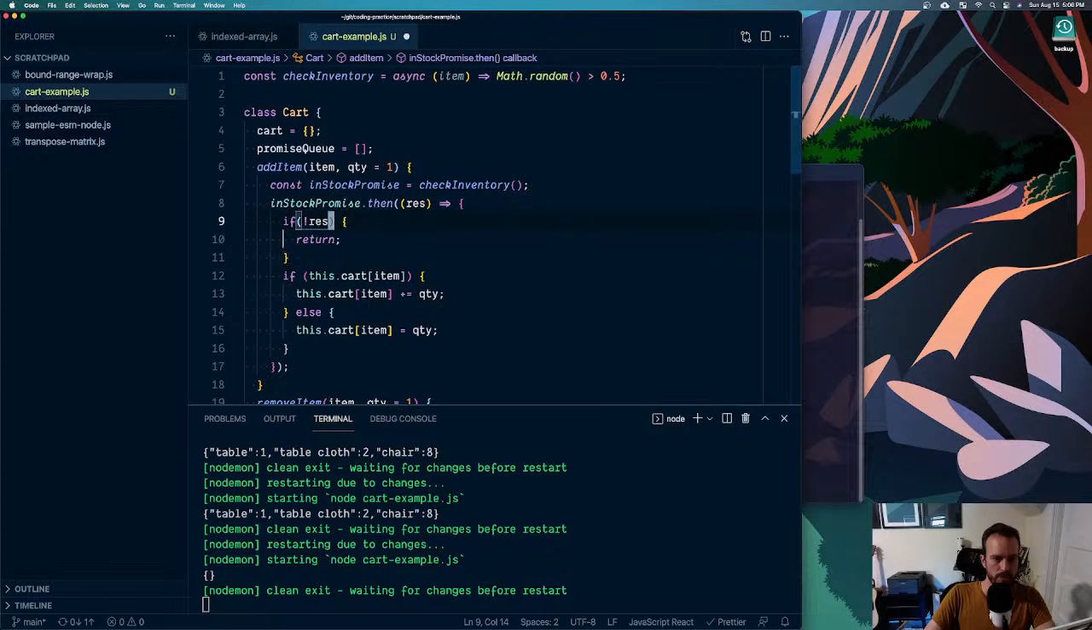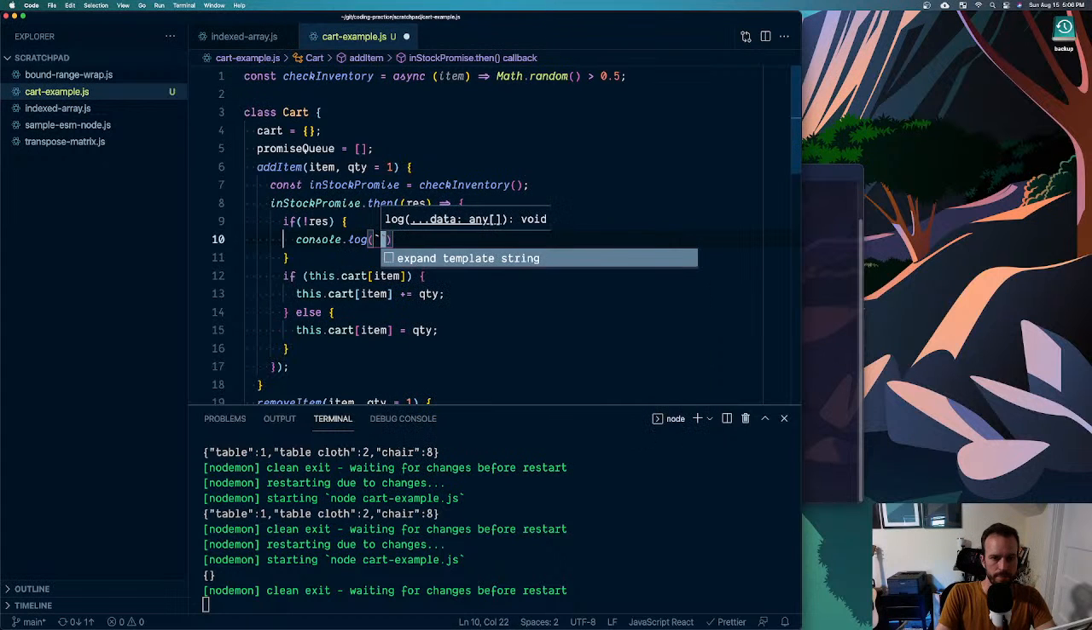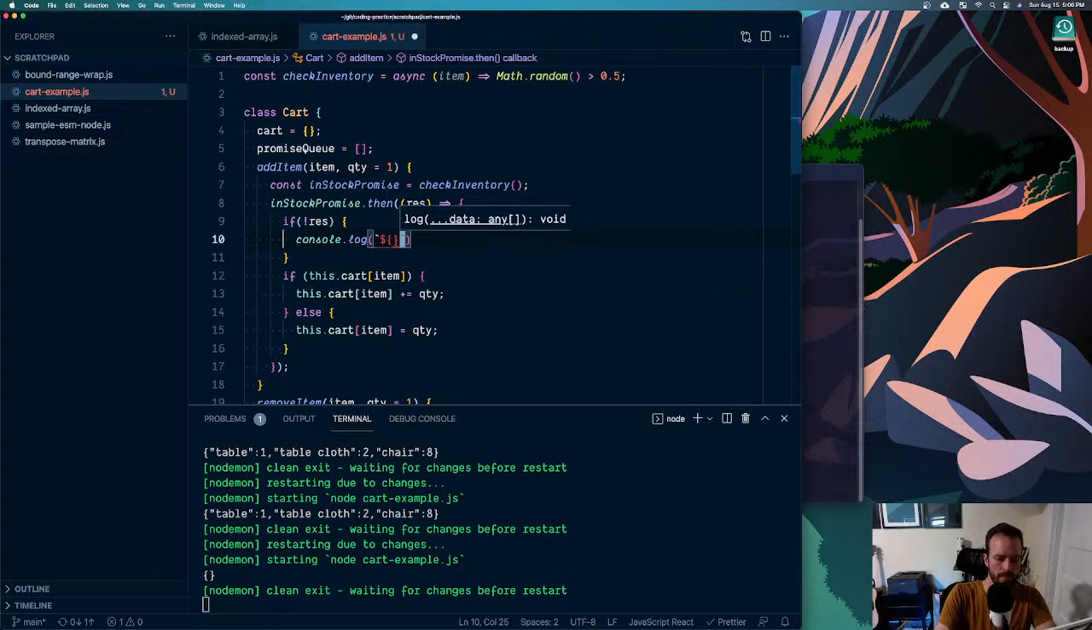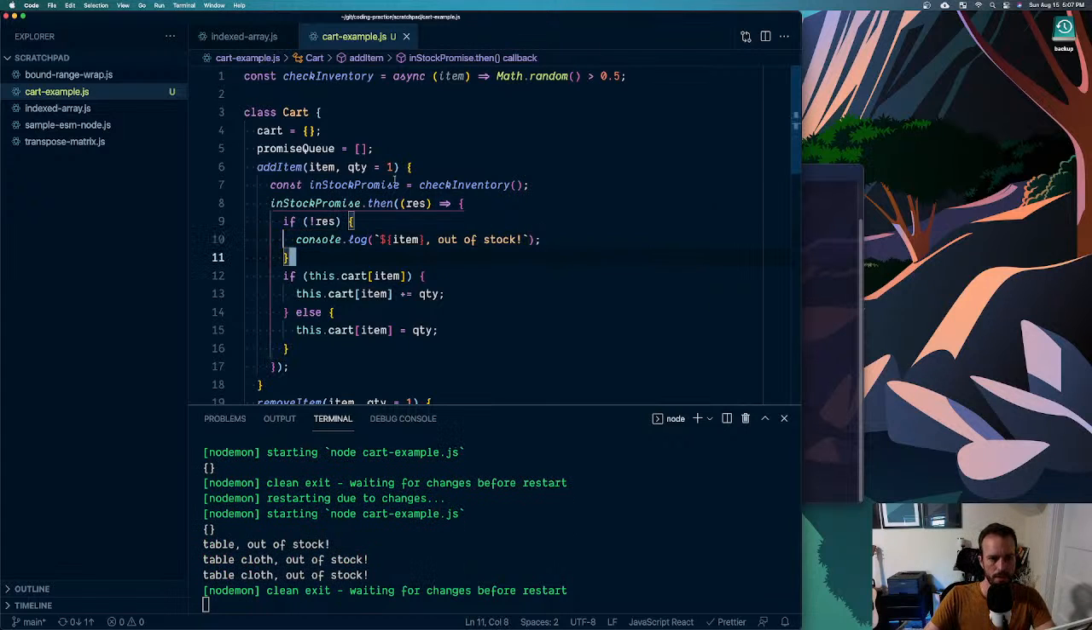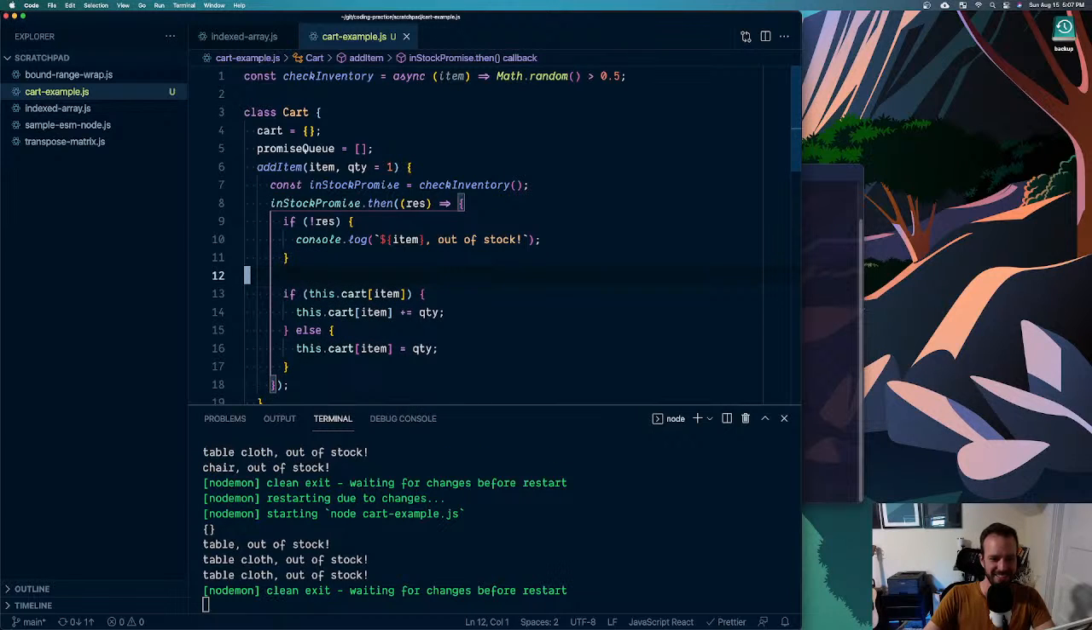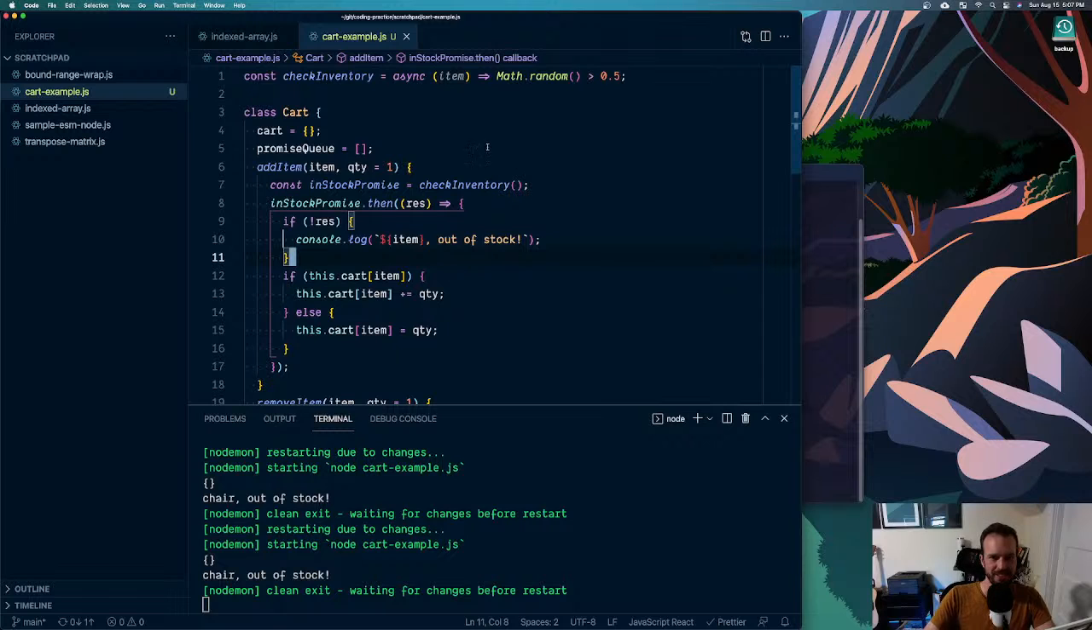I actually don't want to shortcut out. Do I want to log item out of stock? Okay. And okay, out of stock. Okay, everything's out of stock. Still out of stock. Okay, so